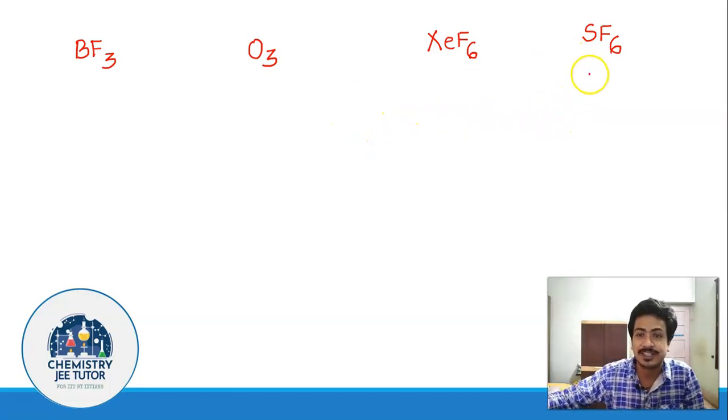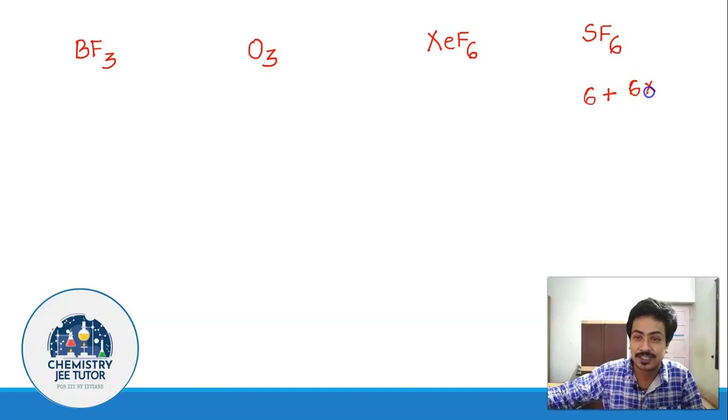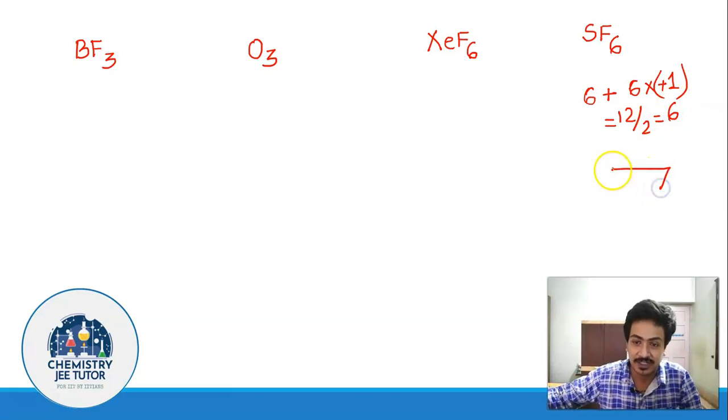Now let us look into SF6 first, because if we look into SF6, then it would be clear. Sulfur is going to contribute 6 electrons to the valence electron count. Since fluorine is a monovalent species, it is going to contribute +1. So 6 into +1, we are going to end up with 12. 12 by 2 is 6. So how to draw it? It is going to be an octahedral structure like this, with 4 fluorine atoms in the equatorial plane and 2 fluorine atoms in the axial plane.